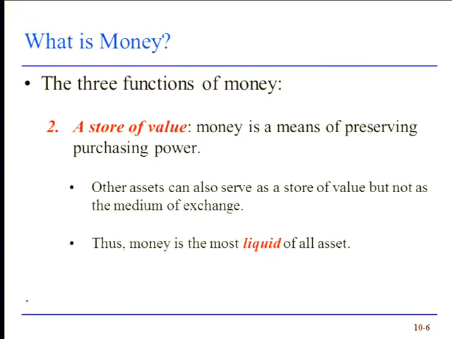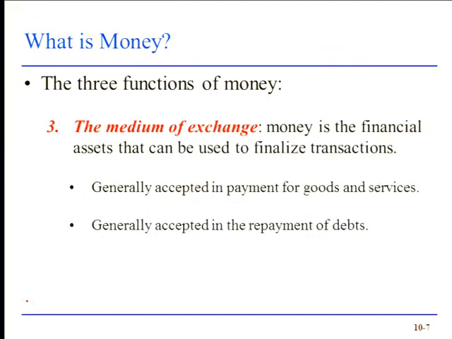What makes money unique amongst those assets that can serve as a store of value is that it also serves that third function as the medium of exchange. So when we go to make a transaction, we actually have 2 choices on how to pay for the transaction. A, we can use this financial asset that we can call money. When we use that financial asset we call money, the transaction is then finalized. You get the goods and services, you've paid your money away. You've paid maybe against your debts if you have debts or loans.